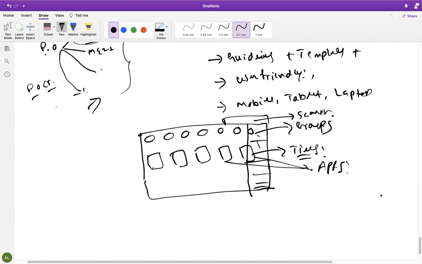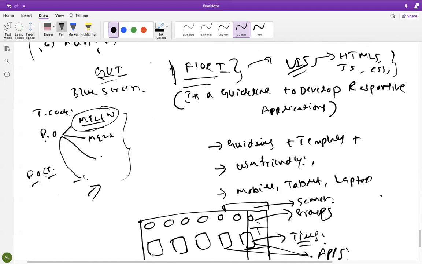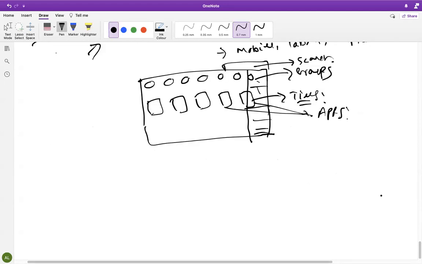If you are interested to learn how this Fiori is linked with the HANA database, I will show that also. It's nothing to do with your topics. Okay, let's say we have a presentation layer. I'll go down, one second.